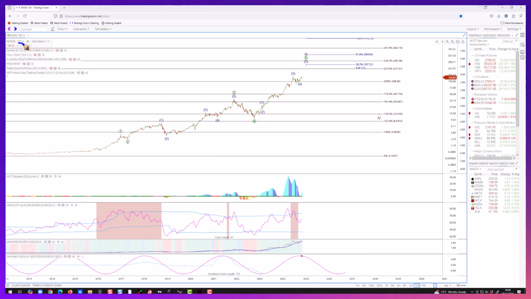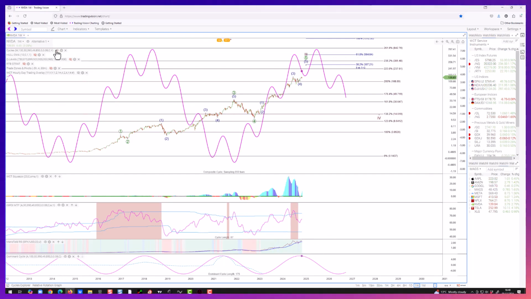If you look at the weekly chart of Nvidia, momentum has been coming off for the whole of this move that we've seen this year. And look at the CRSI, we've got a diverged CRSI sell signal. We're about to get a Mansfield sell signal, and we're right at the peak of the weekly cycles in Nvidia. What it's suggesting is a bit more of a pullback into the end of November and then a final push up next year before we start the much bigger move down. Hence the labelling, where I think we potentially still have a bit higher to go in Nvidia before we start to see this stock come off completely.